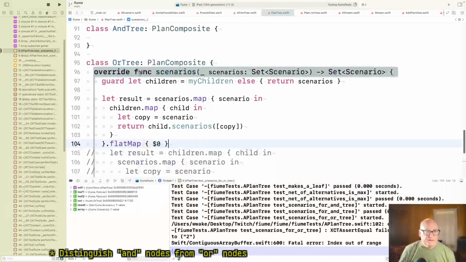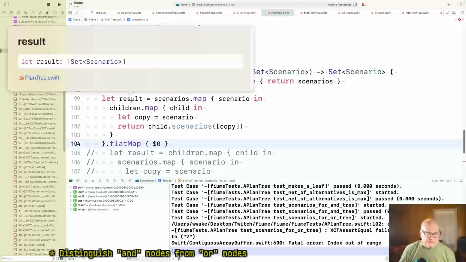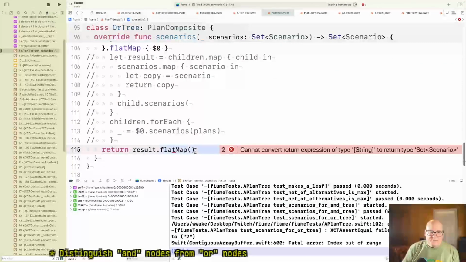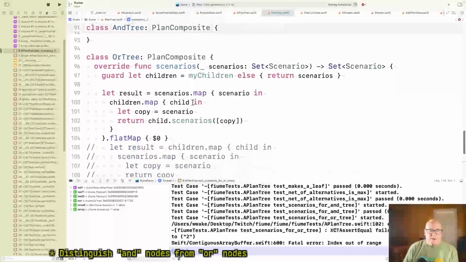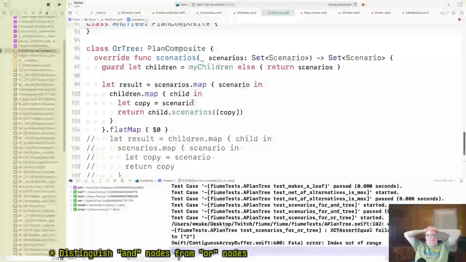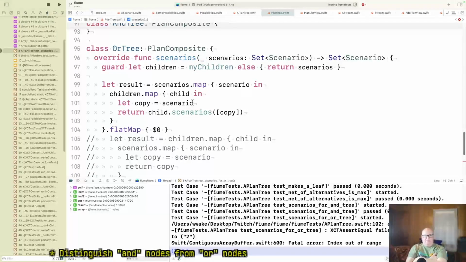Okay. Aside from the complaint, what do you think? Set of scenario. Okay. I don't know why I got a deprecated warning before. Okay, so am I there? Okay, so given a scenario, I want to copy that scenario because I don't want everybody modifying the same one.